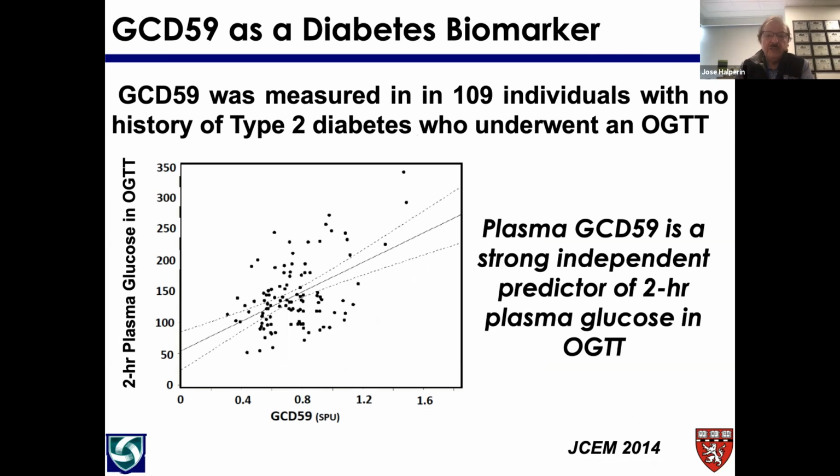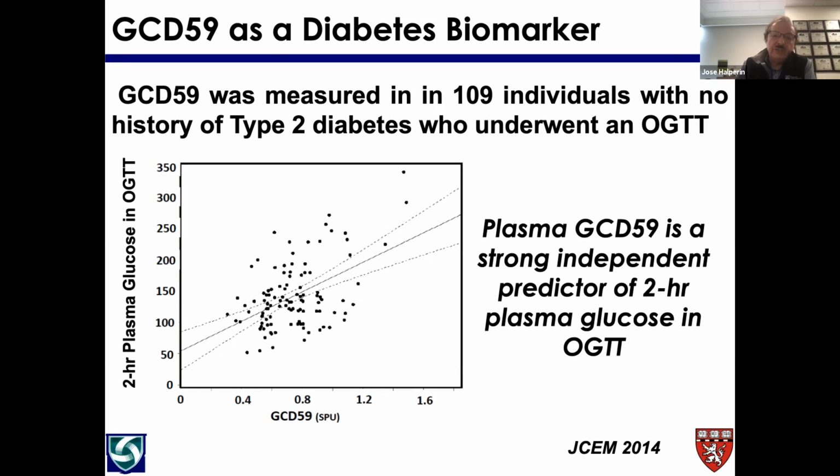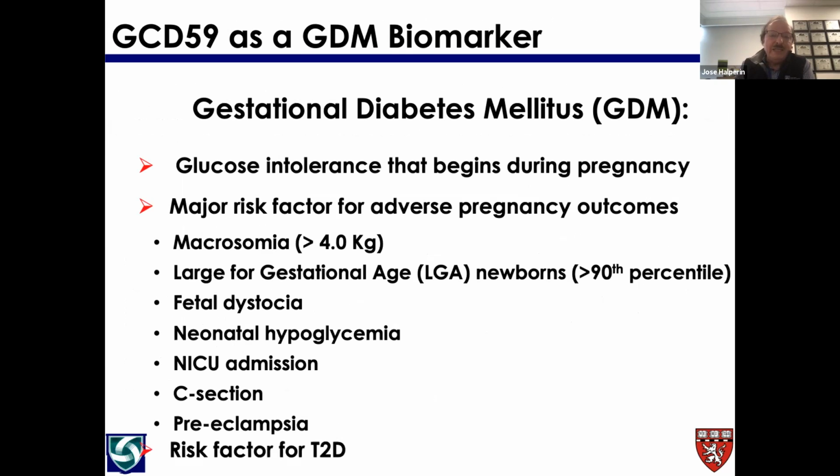So based on this study, that glycated CD59 predicts the results of an OGTT, we asked the question: could glycated CD59 be a biomarker for gestational diabetes? Why? Because gestational diabetes, which is glucose intolerance that begins during pregnancy, is a condition today only diagnosed by oral glucose tolerance tests. And gestational diabetes is a major public health concern